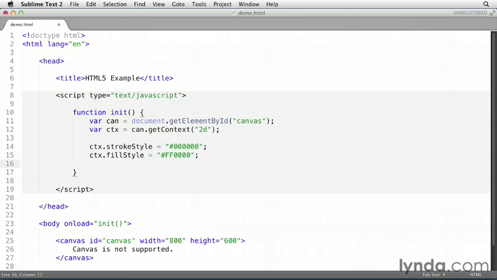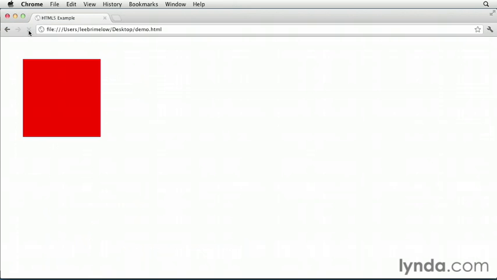So the first thing I'm going to do is to create a rectangle and fill it with the fill color. And to do that, I'm going to say ctx and use the fillRect method. And to this, we pass in 4 parameters. First is the X and the Y position of where in the canvas we want to place this rectangle. And I'm just going to put it at 50 and 50. And then we pass in the width and the height, or the size of the rectangle we want to create. I'm just going to make it 200 by 200. So if I jump over to Chrome now and refresh, we can see we now have that red rectangle painted